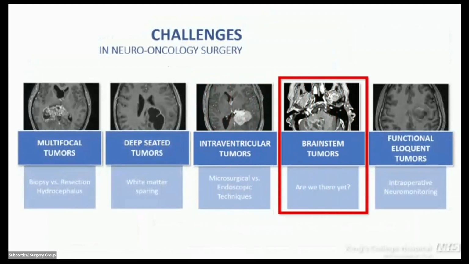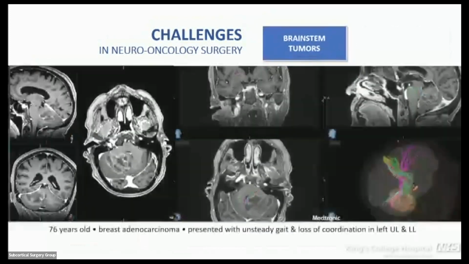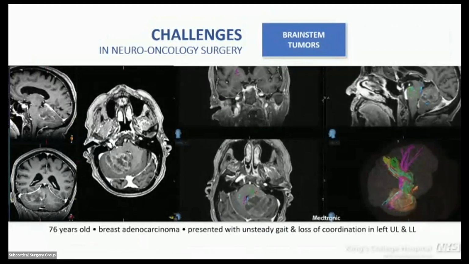With this category we will become a bit provocative. Brainstem tumors, are we there yet? Is this an option for MIPS? Our team thinks that not quite, but what we can do is tumors that are located in the posterior fossa, tumors that are very close to the brainstem, such as this metastasis here of this older lady, and